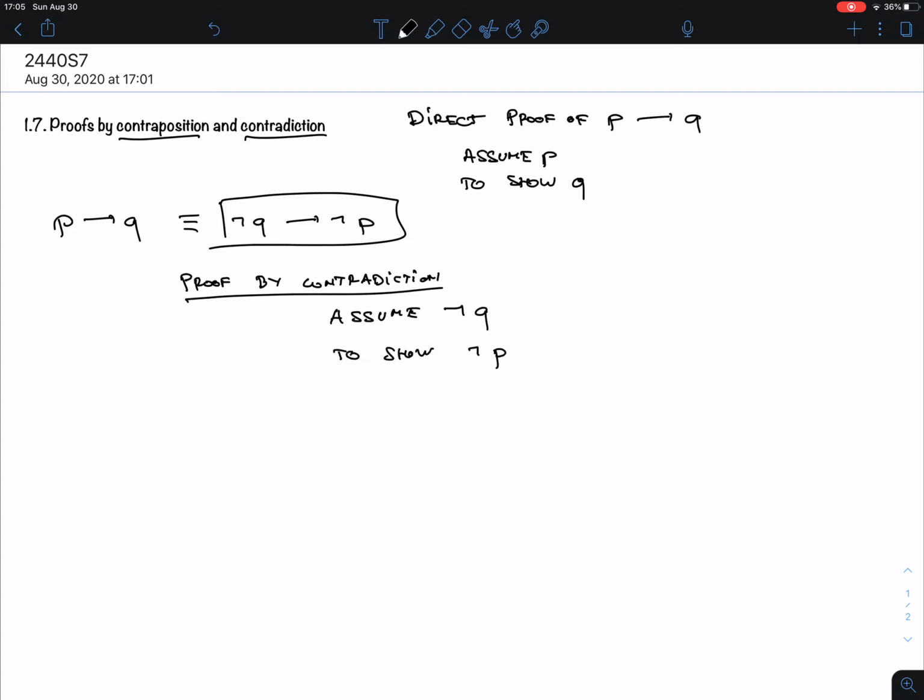Now be very careful. Notice that we take negations, but you also switch the order of Q and P here. That's very important. For instance, if you would assume not P and conclude not Q, you proved something, but you didn't prove the original implication. So it is this thing that we want to do. Now we might say, that sounds silly. Why would you make things complicated like that? Well, here's an example. Show that